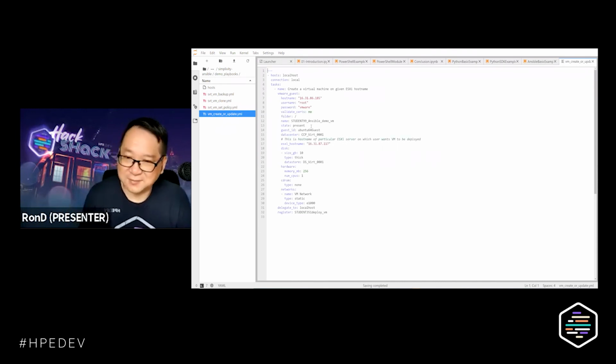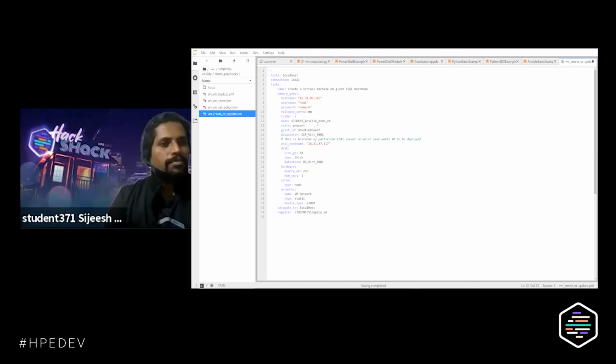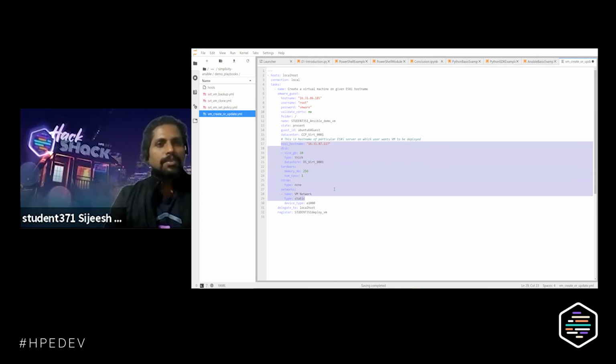So Suggest, what do you think we're doing here? Yeah, so here, as you explained in PowerShell, we are using a mix of two libraries. We need a VMware guest library, and we need our SimpliVity Ansible library, because some of the objects are not available in SimpliVity. So to create a VM, we need a VMware Ansible library. The first playbook uses the VMware guest library, which is a VMware library, to create a VM. All other SimpliVity-specific operations, we'll be using our SimpliVity library.